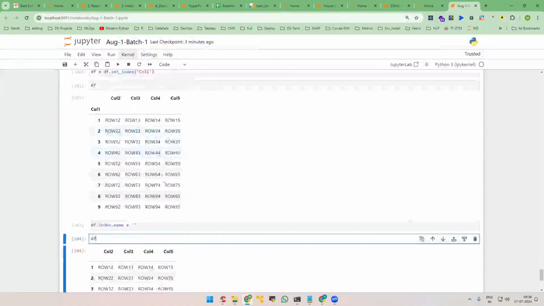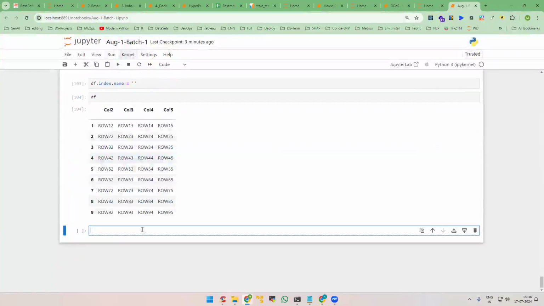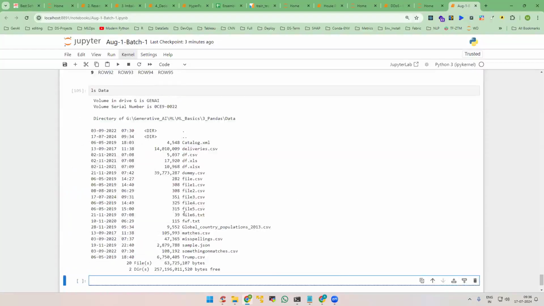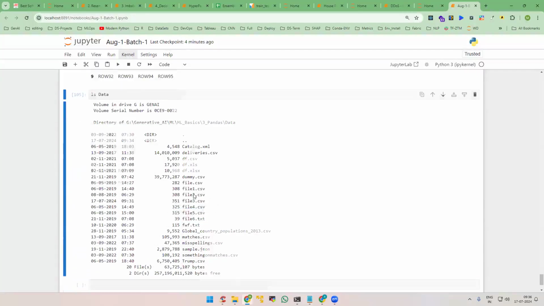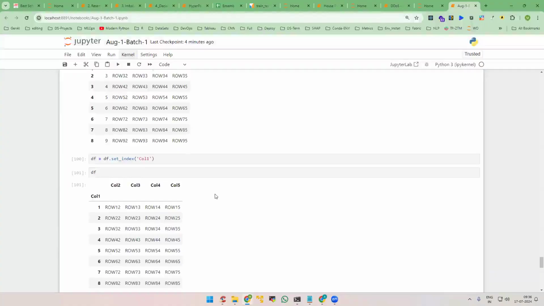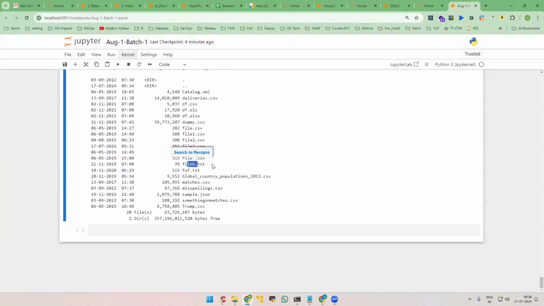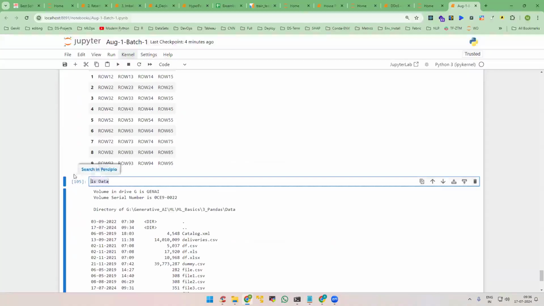And let's see, what is this? Do we have anything called file 6? Actually, it's not file 5. We are at file 5, but file 6 is not really CSV. File 6 is a txt file. So